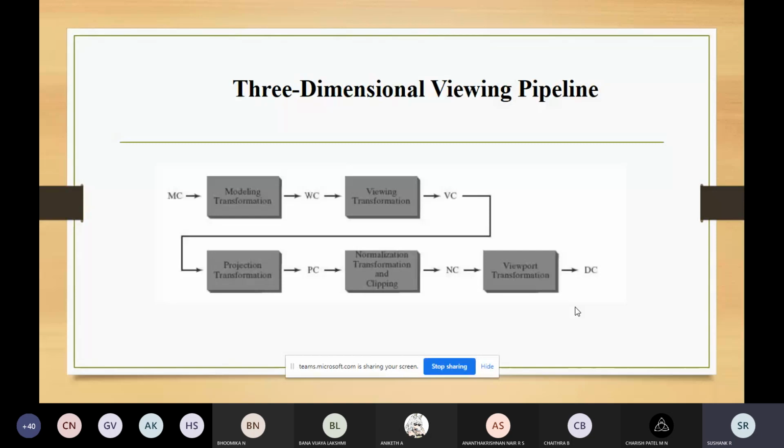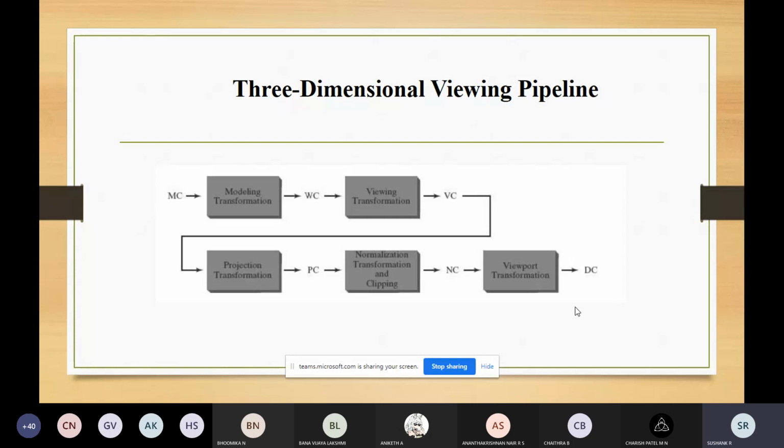See, the operations for a three-dimensional scene are the same as the ones we used for the 2D pipeline also. In the two-dimensional pipeline, the viewport was used to position a projected view of the scene on the output device, and the two-dimensional clipping window was used to select a view that will be mapped onto the viewport.